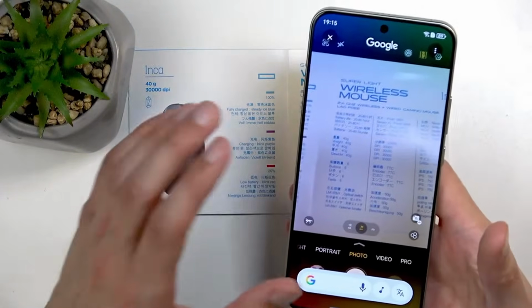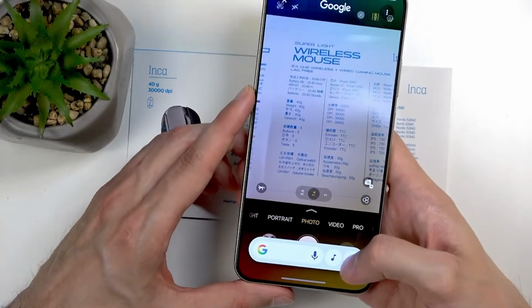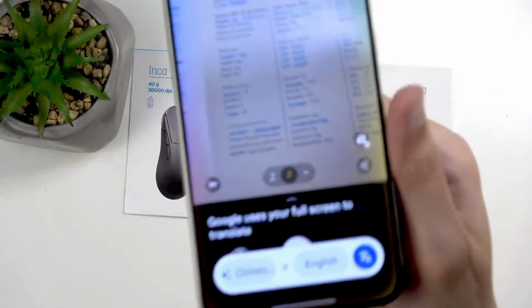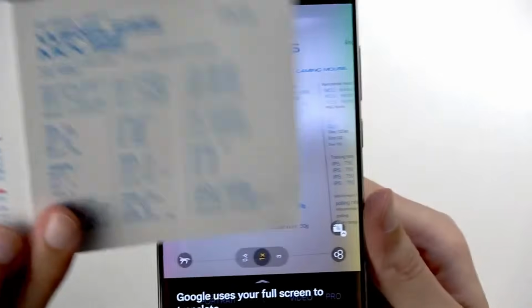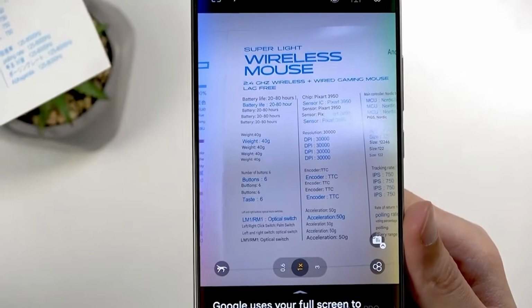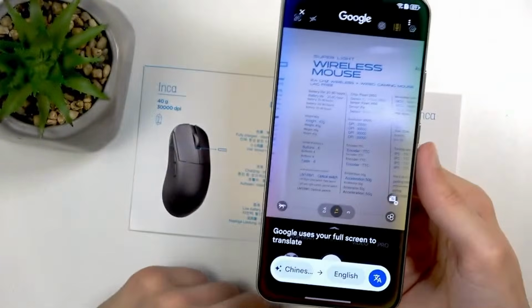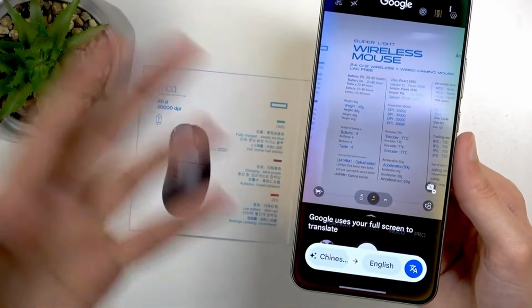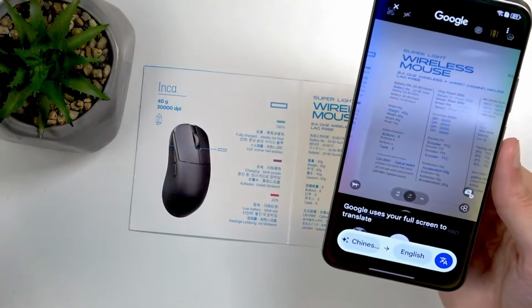It launches circle to search, so it freezes what's on the page. And now what we can do is click right here to straight up translate it. Now you can see it automatically, but if I bring it up closer, changes what was on here to all be English. So every single line is translated on the image to English as though it was like that originally. You can see it's a little bit shifted. It's a different color. So translated ones look to be black